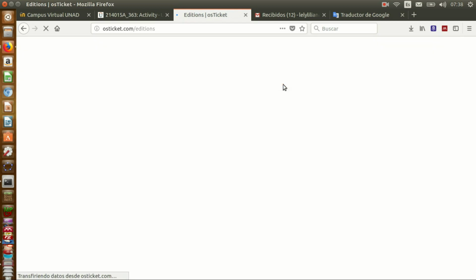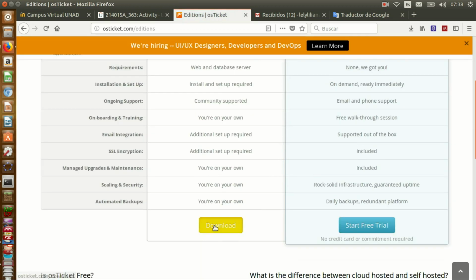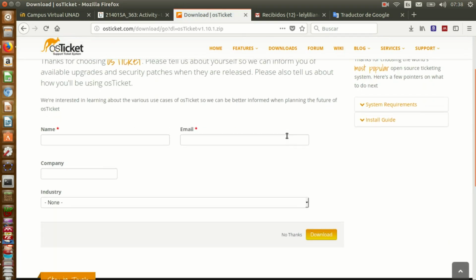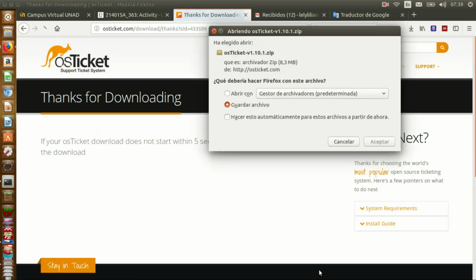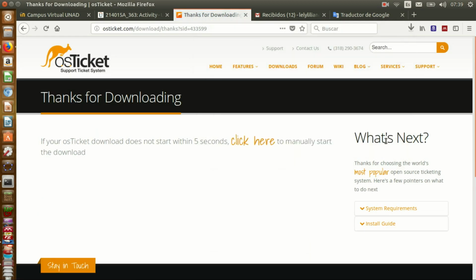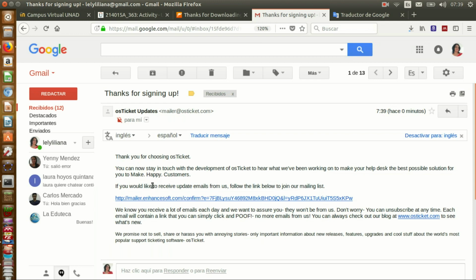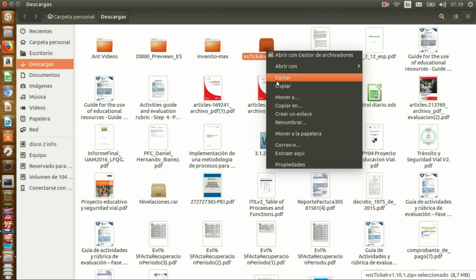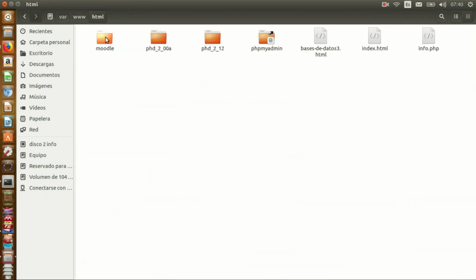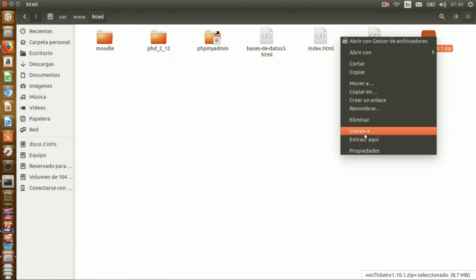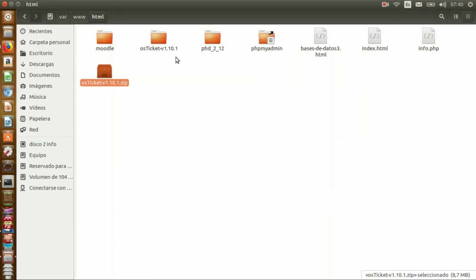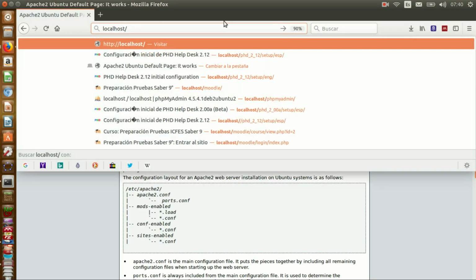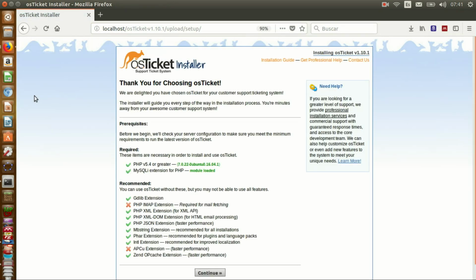On the official osTicket page, you can download the application as I am showing. It will be necessary to register first in order to download the folder with the installers. A notification will arrive at the email we have registered, and the compressed folder will be downloaded without problems. Then we copy it to the corresponding folder of our local server. Once this procedure is done, we can verify from our localhost that the application is already available